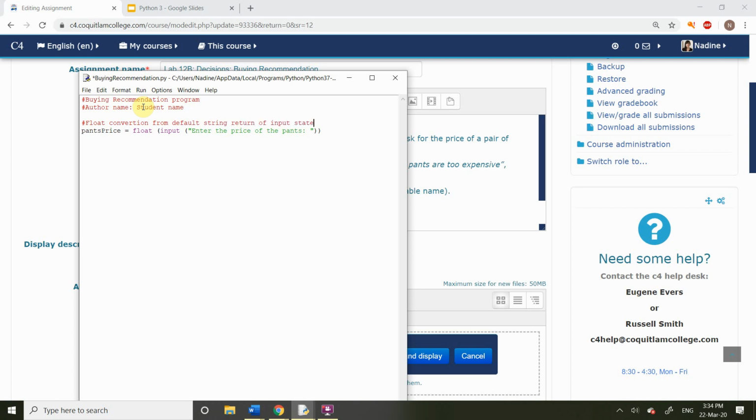I hope that makes sense. Okay, so you use the input statement, you get a string back automatically. What we're doing here is, because we want a number and not text, we're converting it into a decimal number using the float data type. Okay, so let's continue, and next we're going to use the if-else statement